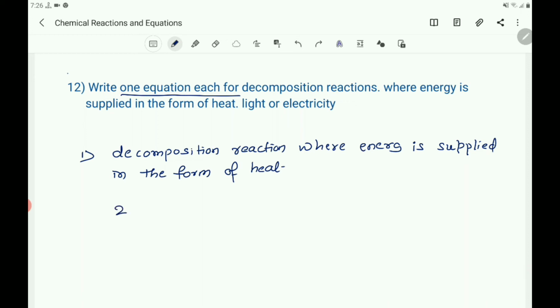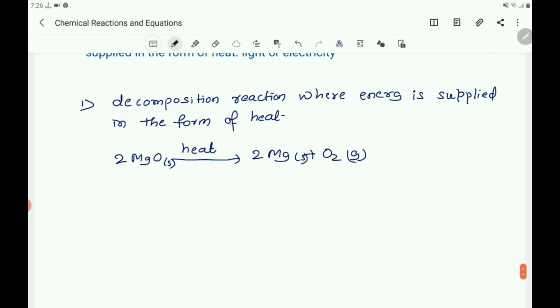That is 2MgO on heating gives 2Mg plus O2. Here it is a solid, it is also solid, and it is a gas. One example is over. Here on heating MgO gives Mg and O2. Second,